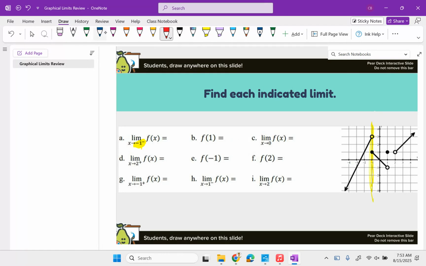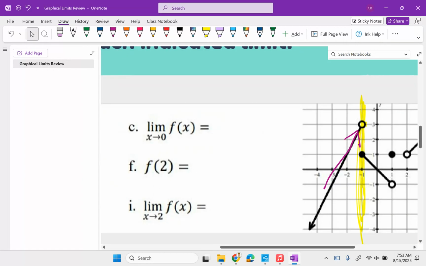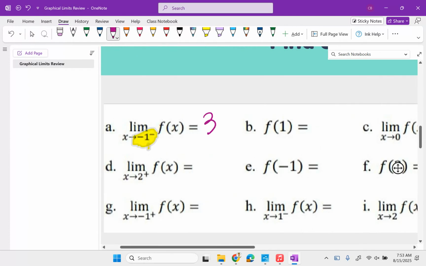Okay, and then so what did you... Oh, I can't use red and yellow. That's bad, you guys. All right, from the left, what y value did you approach, Dayami? So I'm coming from the left. What y value did we approach? 3. So make sure you guys are ready to answer